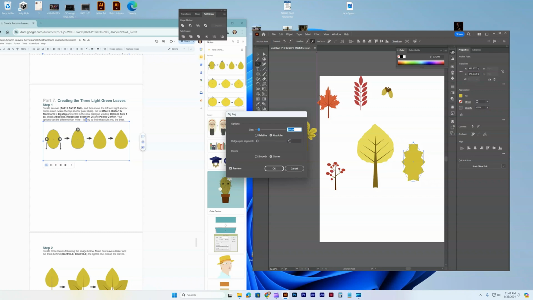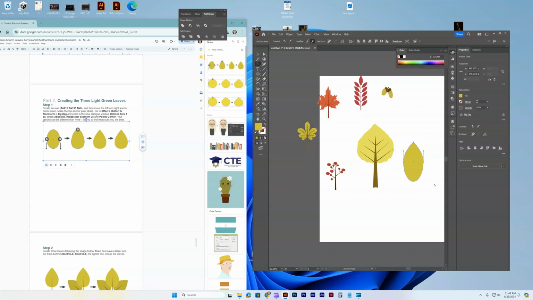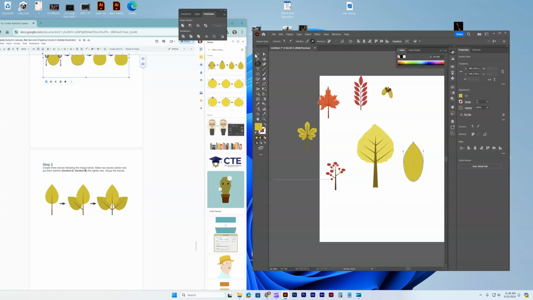Enter the new dialog box window, option size 1 pixel, Absolute. Ridges per segment is 25. The points are going to be corner. Okay. And then